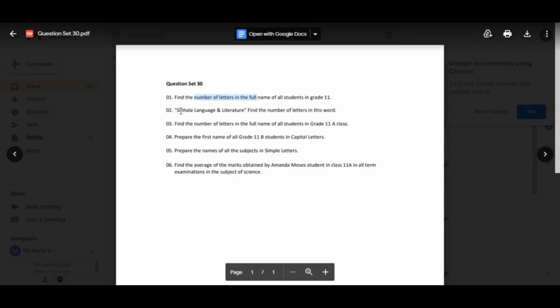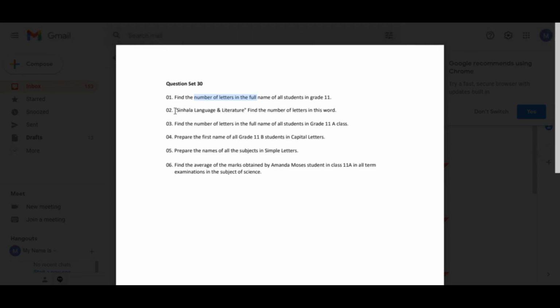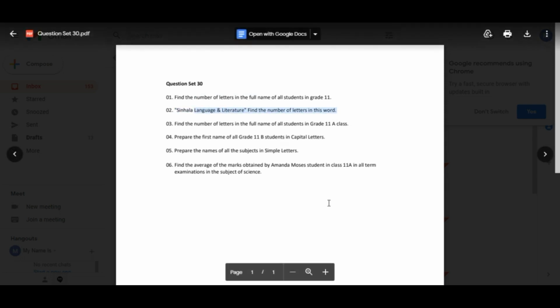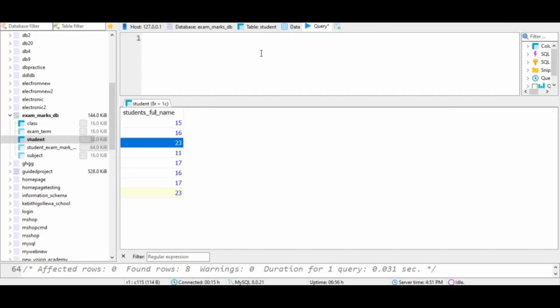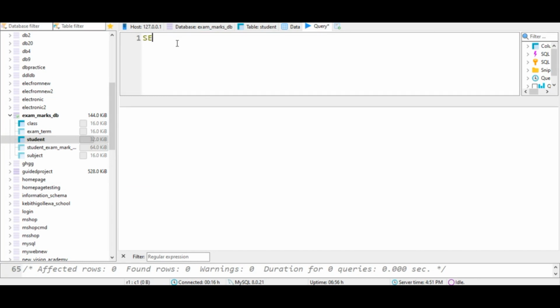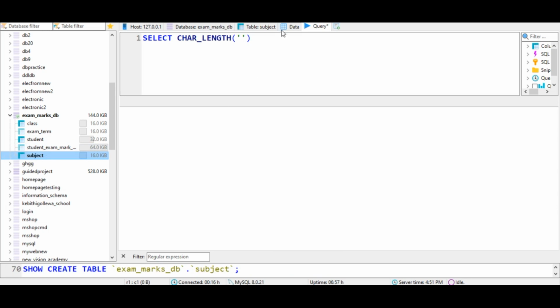Okay, so let's take a look at the second question. The second one: Sinhala language and literature, find the number of letters in this word. Okay, so I want to say select char length, and inside this I'm going to say Sinhala language and literature, this one,